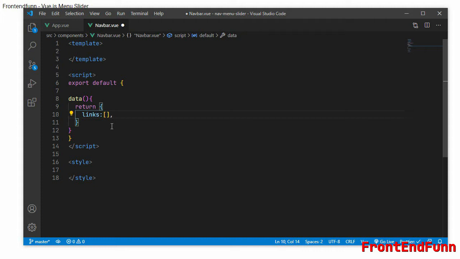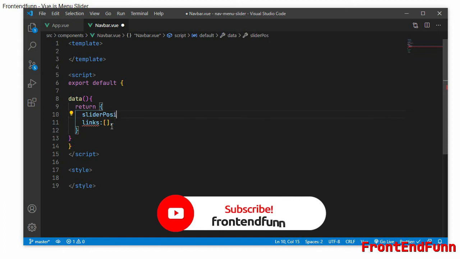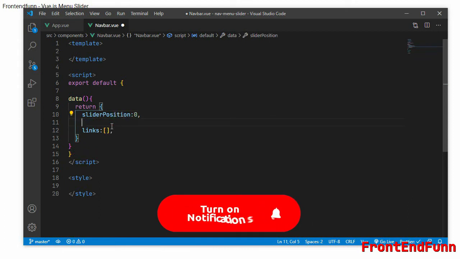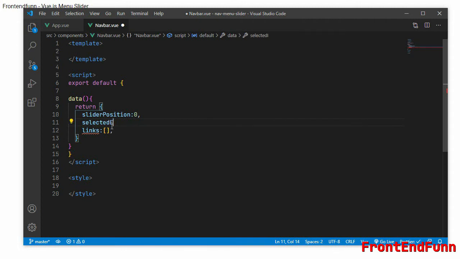We'll be using a for loop and render this to the template. And we'll be having the slider position, which is set to 0, and the selected element width. This is used to calculate the element width here.